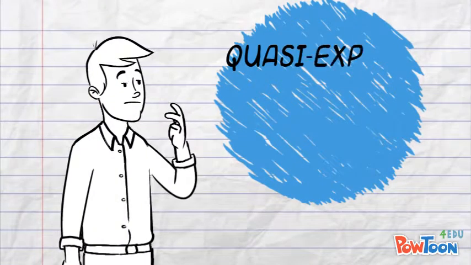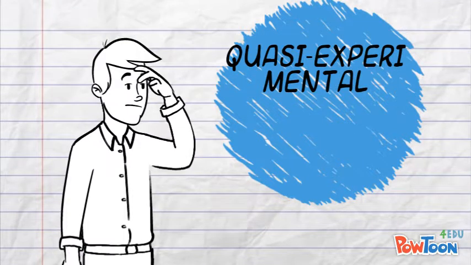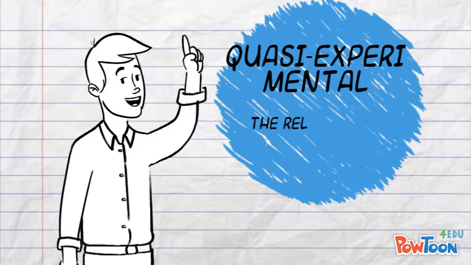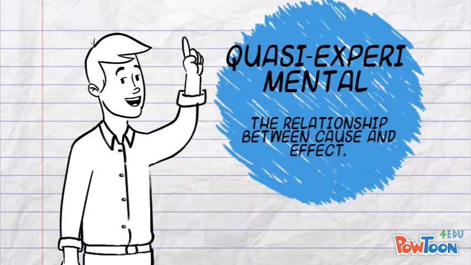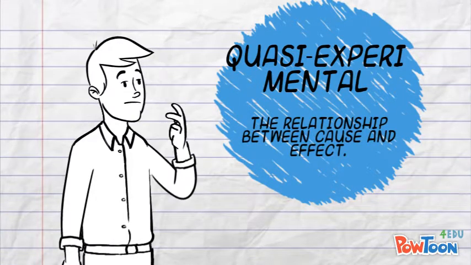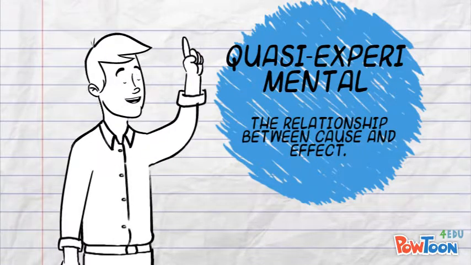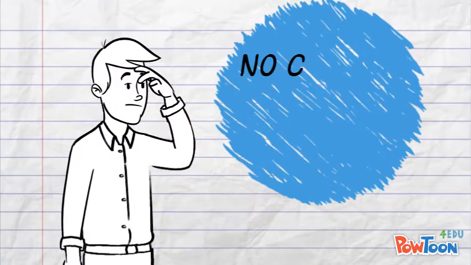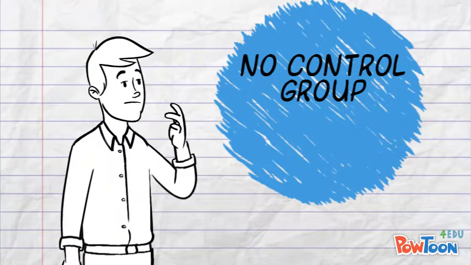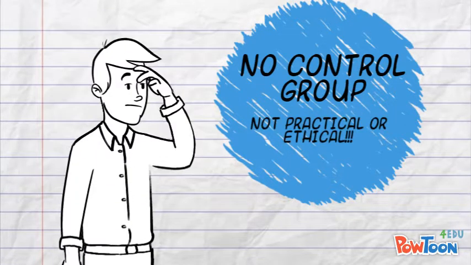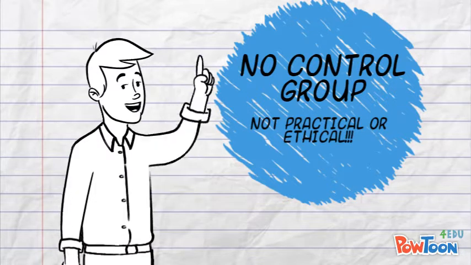Quasi-experimental approach examines causality. There must be an active, manipulated independent variable, but the participants were not randomly assigned to the groups, meaning that there is no control group. This type of approach would be used when it is not practical or ethical to randomize study participants to the